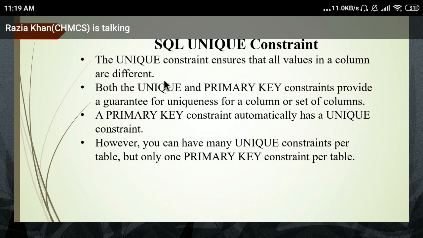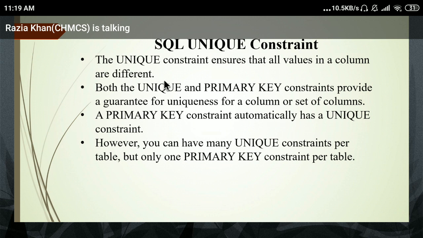But for a primary key constraint, you can apply it just one time in one table. A unique key constraint, you can apply multiple times in one table.